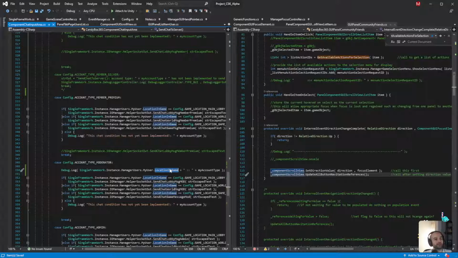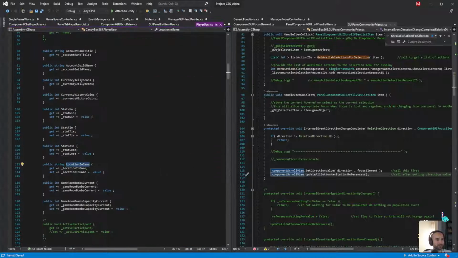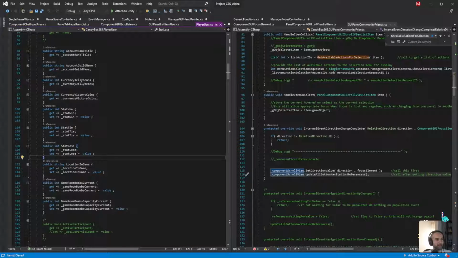That's why it's not working, because I remember it working before. So location in game has 11 references, but it's not being set. Really? Okay. So we need to track down why it's not set.